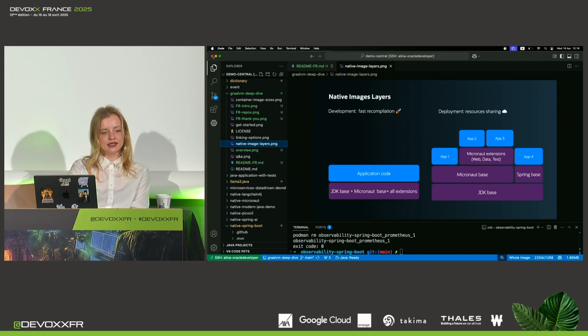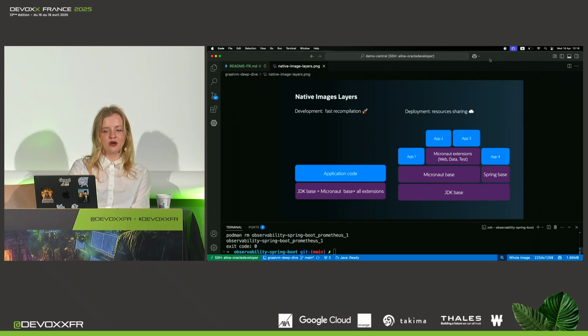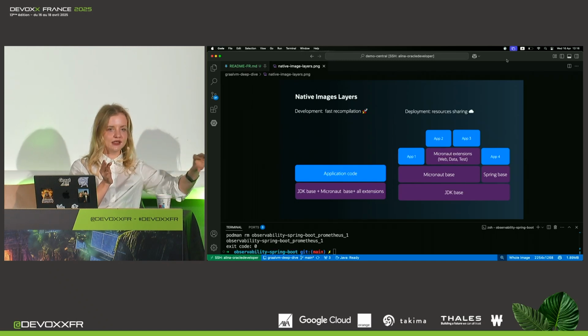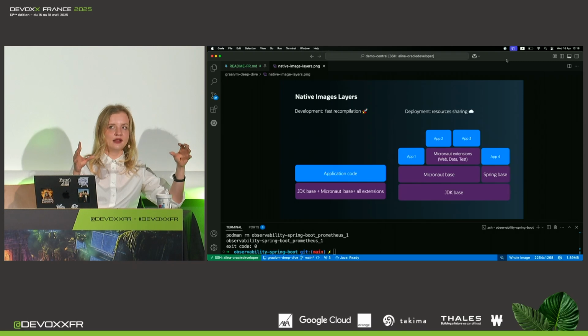And right now, the idea of native image is that you compile your application and you put all that you need inside that native executable. But we are exploring a different thing where you will be able to compile native image applications as, in a way, like you can think of Docker layers almost, where I can, for example, say that this is my application code and I can compile my dependencies, the things that I'm using, as those base layers